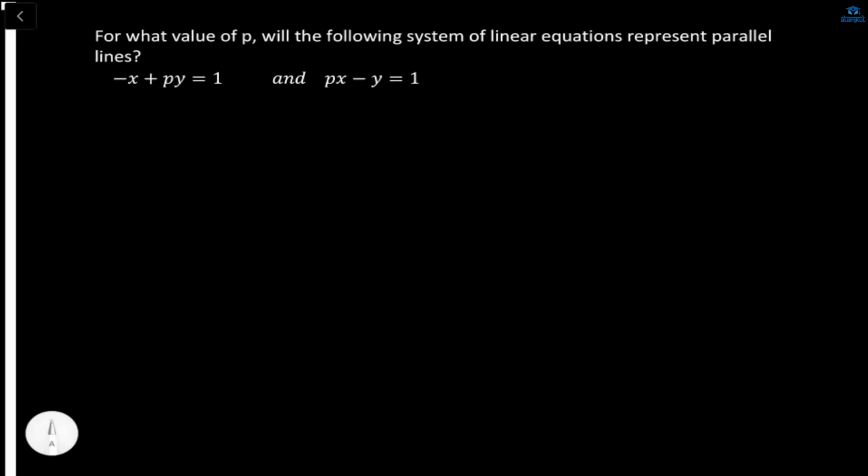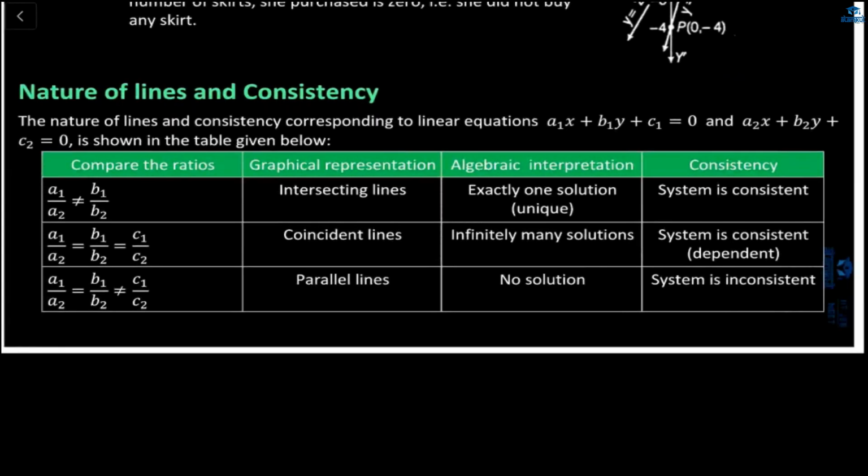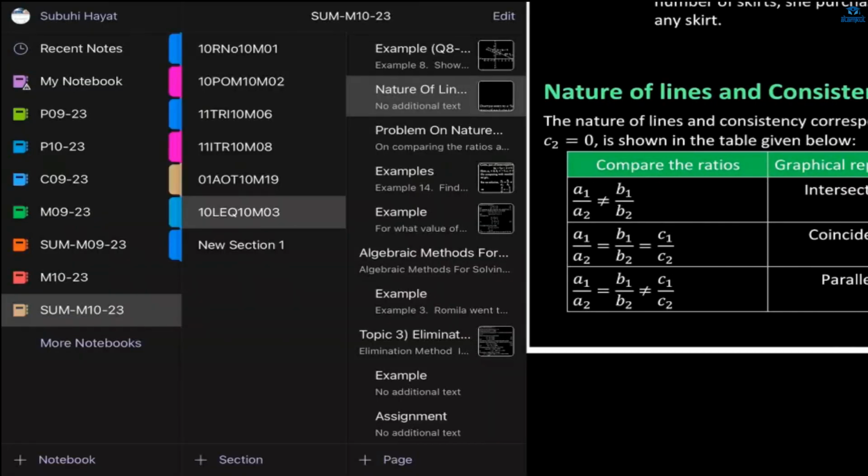What will be the condition for parallel lines? Safi, can you tell me what will be the condition of parallel lines? Ma'am, A1 by A2 is equal to B1 by B2 is equal to C1 by C2. No, for parallel lines, it will be A1 by A2 is equal to B1 by B2 not equal to C1 by C2. Okay, so now do this question, both of you,